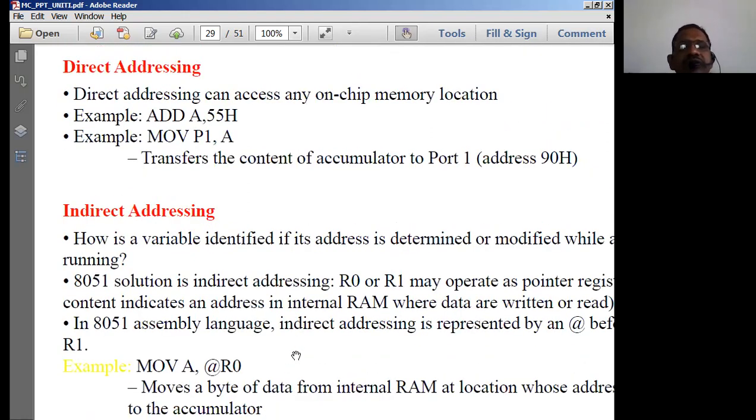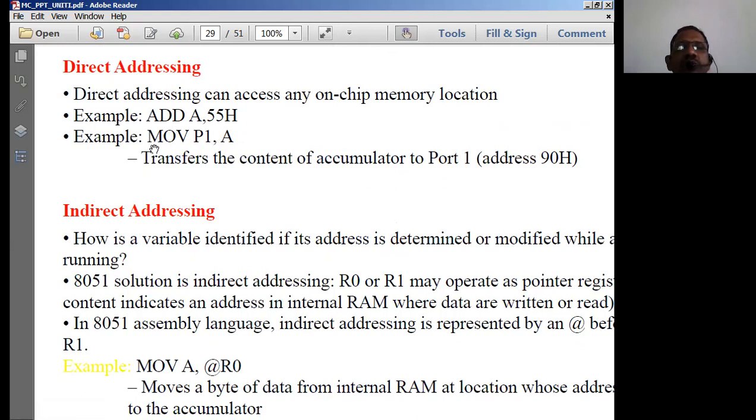The next addressing mode we discussed is the direct addressing mode. In this mode, we directly mention 55H. The value at address 55H is added to the contents of the accumulator, and the result is stored in the accumulator.